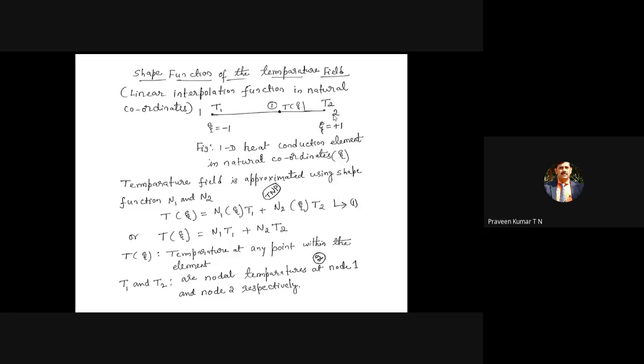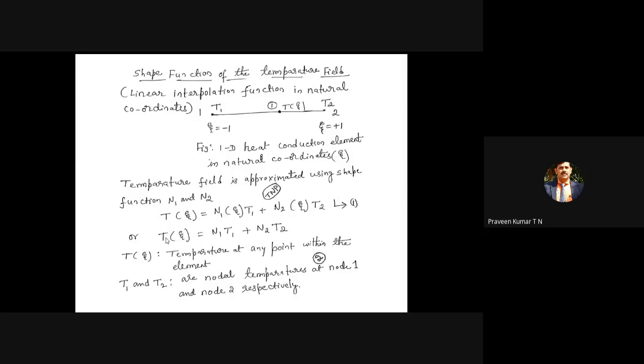There are 2 degrees of freedom in total for the element. Hence, we have N1 and N2. That you have to remember. So there are only 2 shape functions or interpolation functions because there are only 2 degrees of freedom for the given element. But in the case of beam, H1, H2, H3, H4, there are 4 degrees of freedom. The 4 interpolation functions or Hermite functions because there are 4 degrees of freedom: V1, theta 1, V2, theta 2. But here, T1 and T2. Hence, you are going with only 2 interpolation functions, N1 and N2.